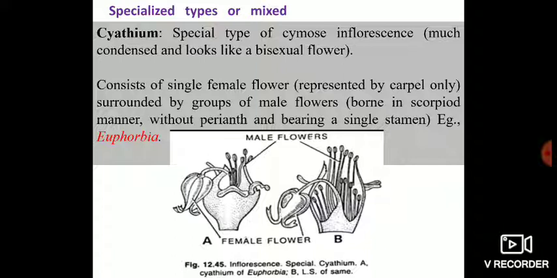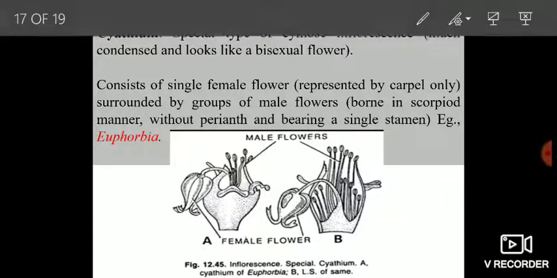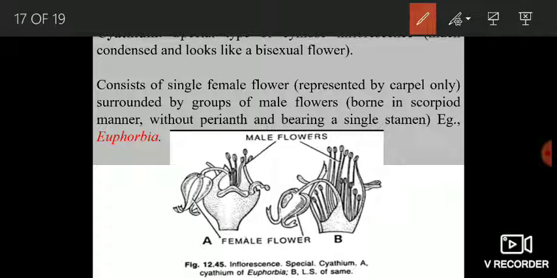Cyathium is actually a special type of cymose inflorescence in which the inflorescence axis is much condensed, and because of this condensation it looks like a bisexual flower. Okay, it is actually an inflorescence, but because of the condensation of the axis it appears to us as a bisexual flower. It consists of a single female flower which is represented by a carpel only,